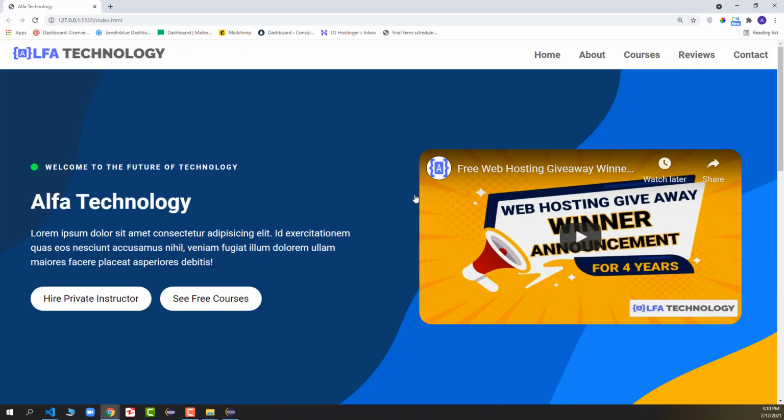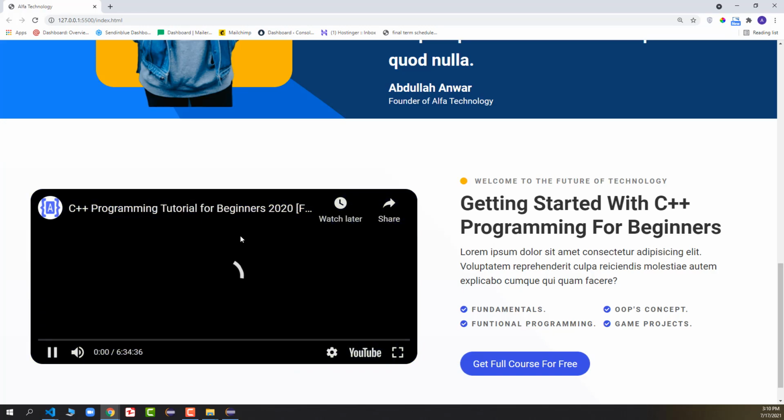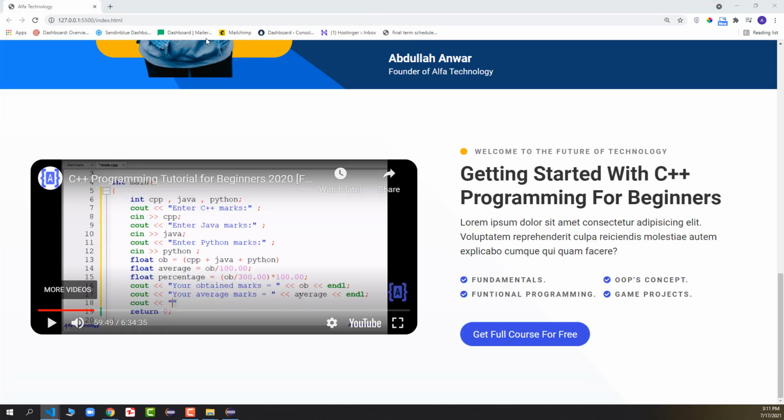Now this is how you can design a beautiful course section or featured course section, where you have a video embedded from YouTube directly. Then we have a small heading along with the icon. We have a beautiful title, a description of the course. Then we have main points or main topics that we have covered in the course. And finally, we got a button of the course.